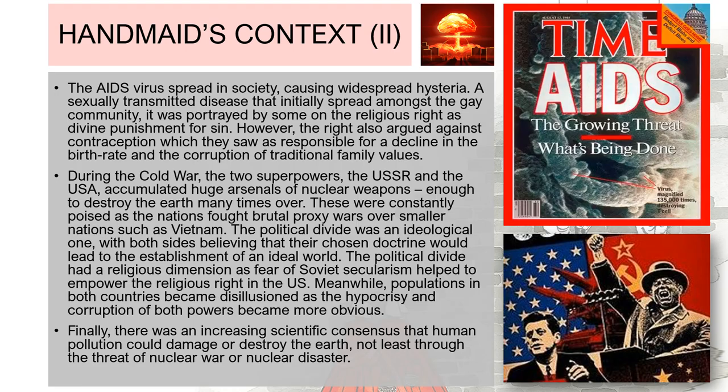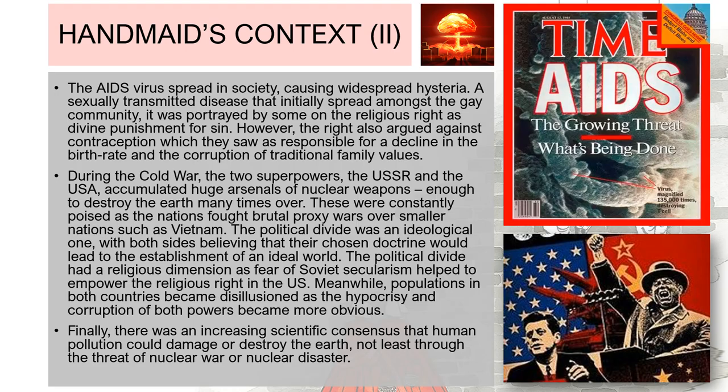It wasn't really very well understood, and it caused a huge social hysteria. There were forces within the New Right who sought to portray the AIDS virus as a kind of divine punishment for sin, particularly as it initially affected the gay community in America,